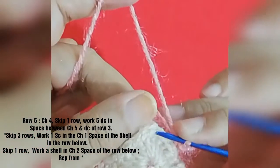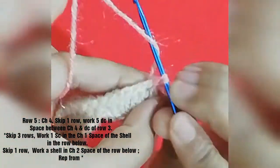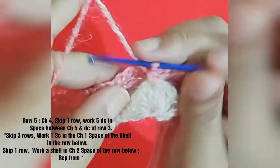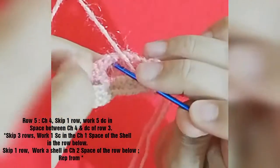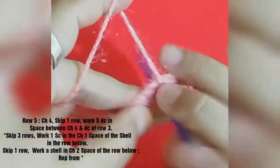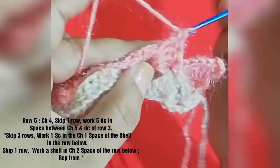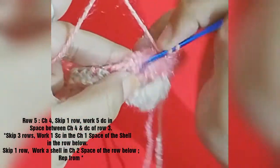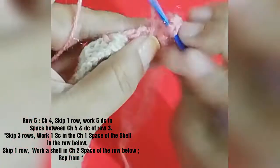Nextly, in the front of this shell where we chained 1 between the 2 sets of 5 DCs, in the center chain 1, work 1 SC like this. Again yarn over, 2 rows below we have this V-stitch, chain 2 space here. We are going to work 1 shell. So work 5 DCs, chain 1 and 5 DCs into this chain 2 space. 2 DCs made, 3, 4, 5, chain 1,